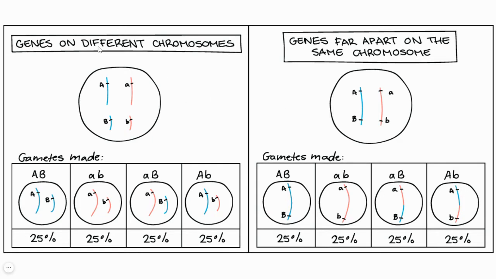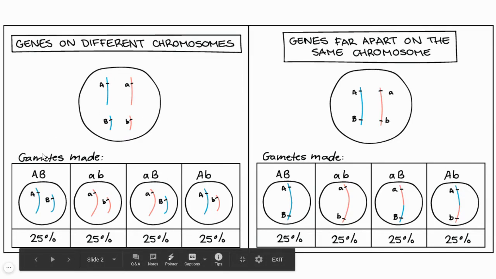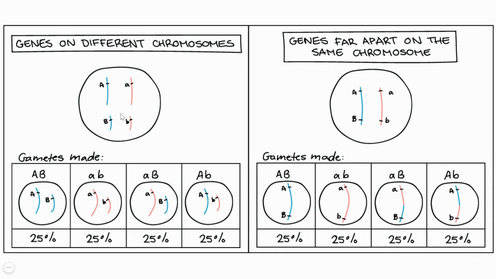You can see that if the genes are on different chromosomes, then four types of gametes will be formed, and which allele goes into which gamete is completely independent. So the law of independent assortment ensures that capital A and small a are never together in the same gamete. The possibilities of capital A capital B, small a small b, small a capital B, and capital A small b type of gametes are 25% each. This is the case when both genes are on different chromosomes and segregation has happened.